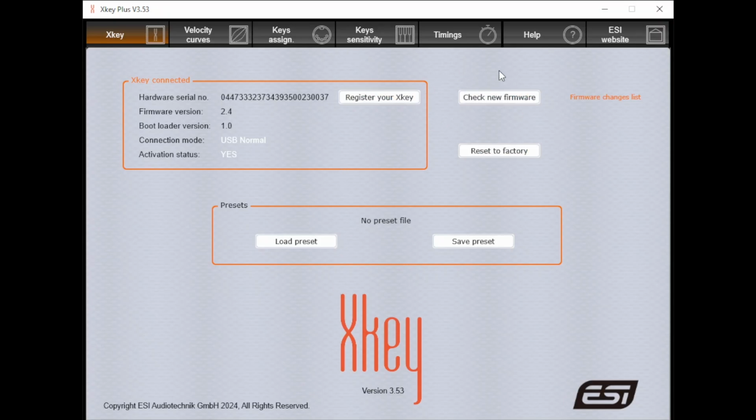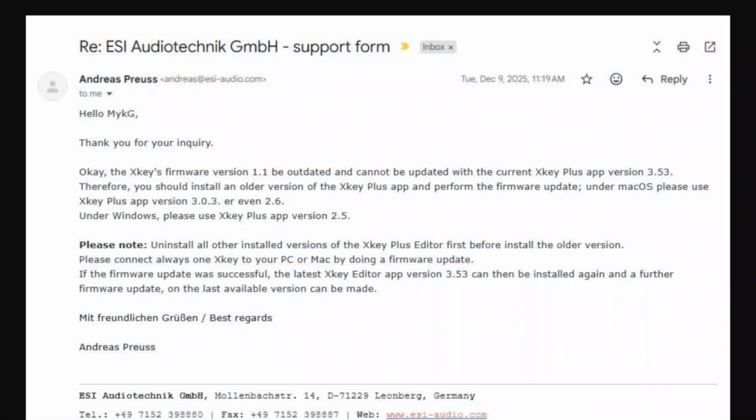And I decided to write to the CME support, and I found this answer from Andreas Preuss. He told me that by running the previous version of, for example, 2.5 Xkey Plus application, I will be able to upgrade that